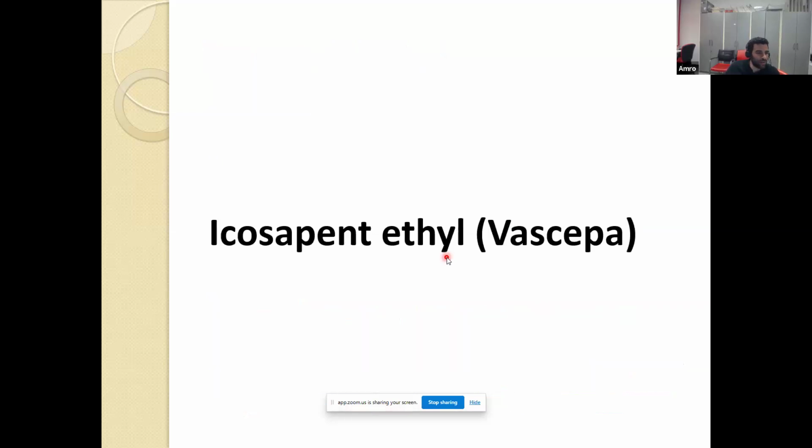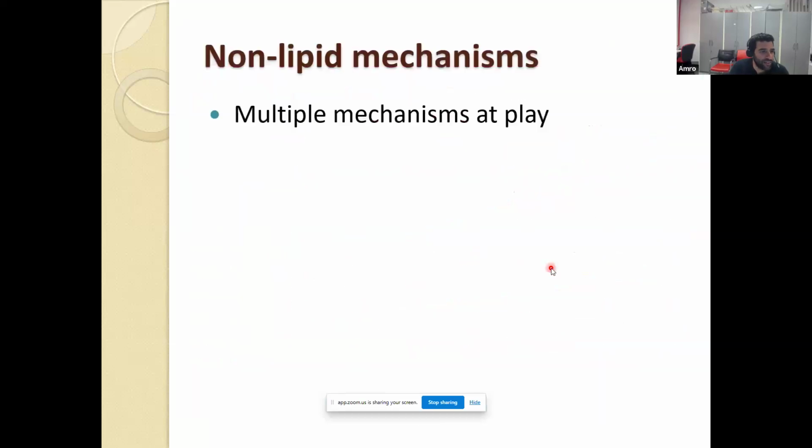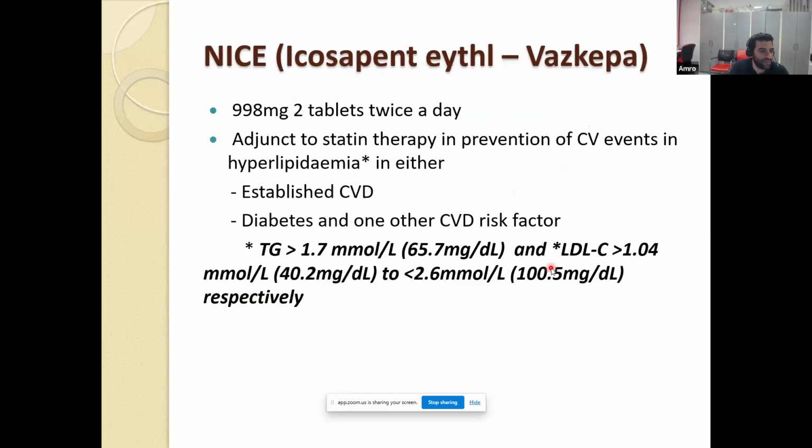So there's just a new drug called icosapent ethyl, or Vascepa, which is an omega-3 fatty acid called icosapentaenoic acid, which has been shown to reduce cardiovascular events by 25%. This is in the New England Journal of Medicine, compared to patients already on statin with really well controlled LDL cholesterol. So for now, we've got something to target triglycerides and reduce their risk further. I won't talk about this, so I'll leave that there. And these are just the criteria for using Vascepa. But again, we're talking more about LDL